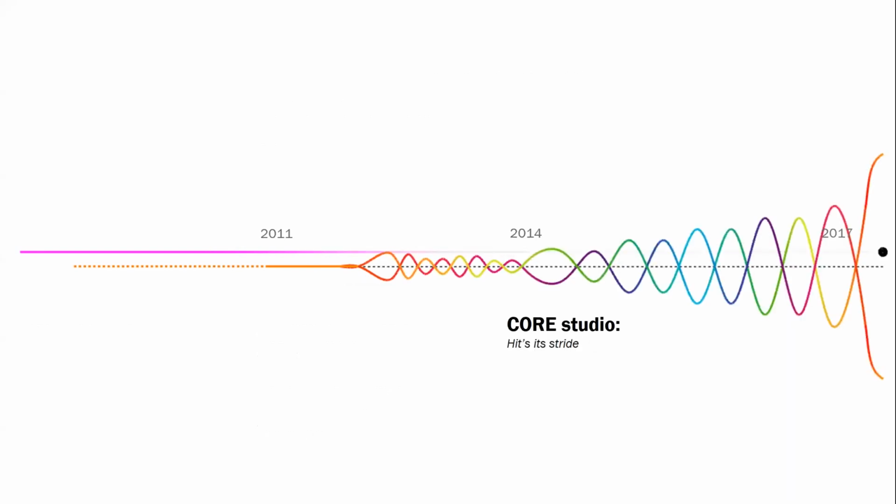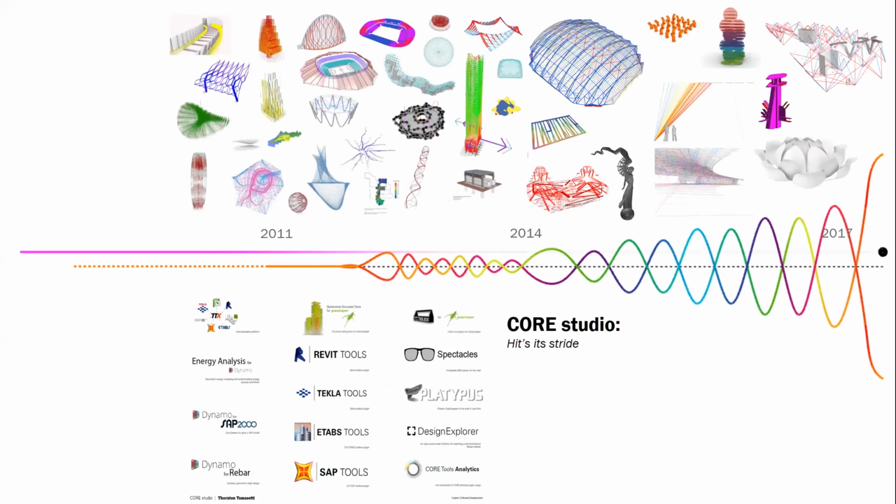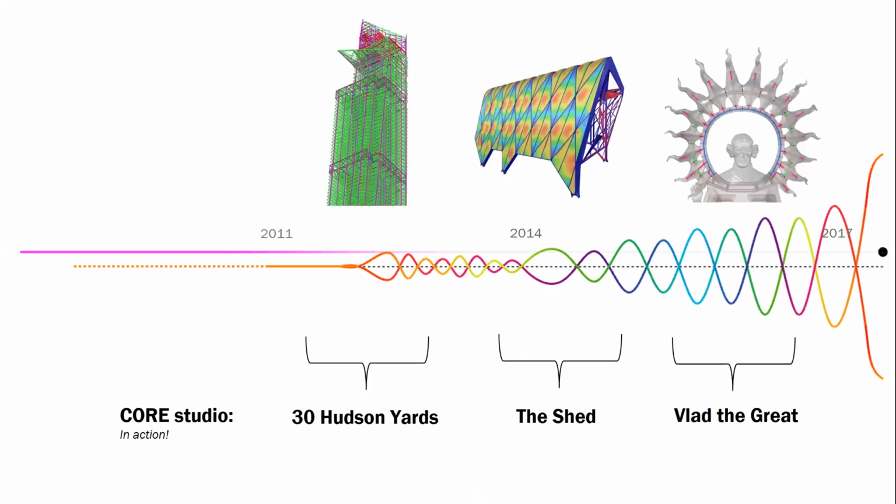To describe the process that Core Studio goes through, I'm going to use some project examples, but at the same time, I want to talk about some of the tools that came out of those projects. As I said, one of the key features of Core Studio and Core Modeling is our close integration with each other. So the three projects I'm going to focus on, and talk about how the project problems themselves led to tool development, are 30 Hudson Yards,